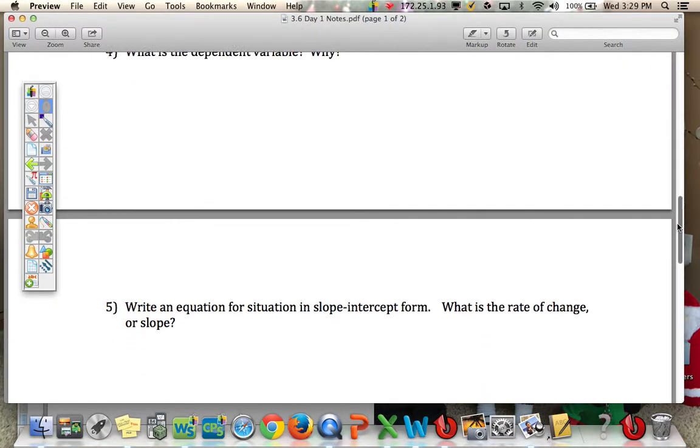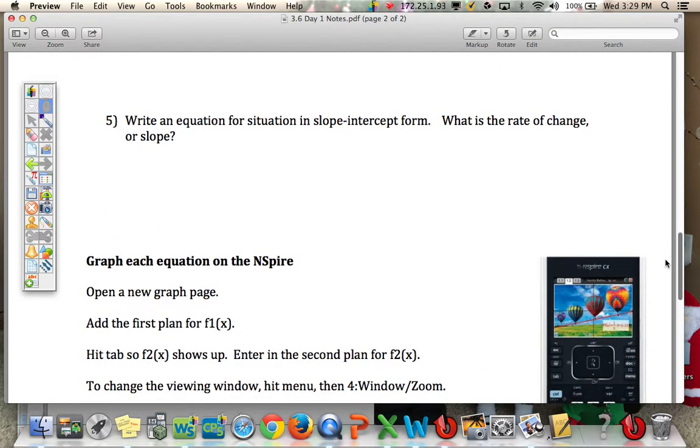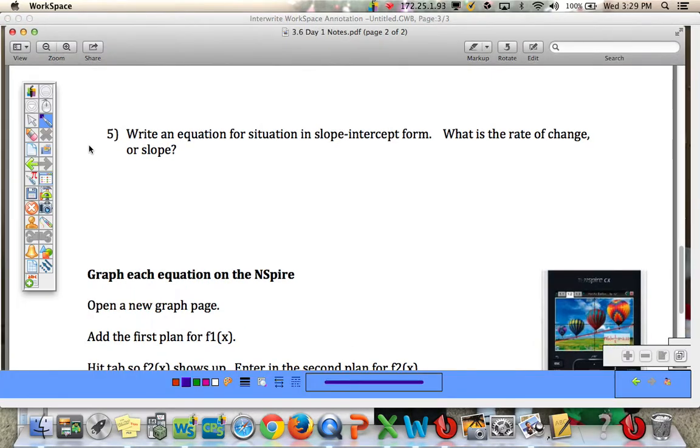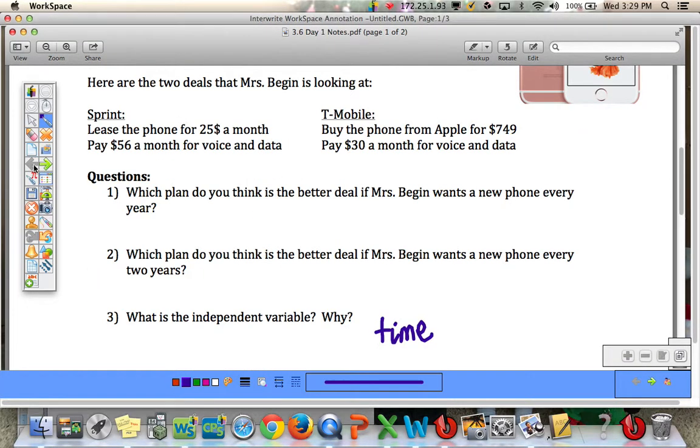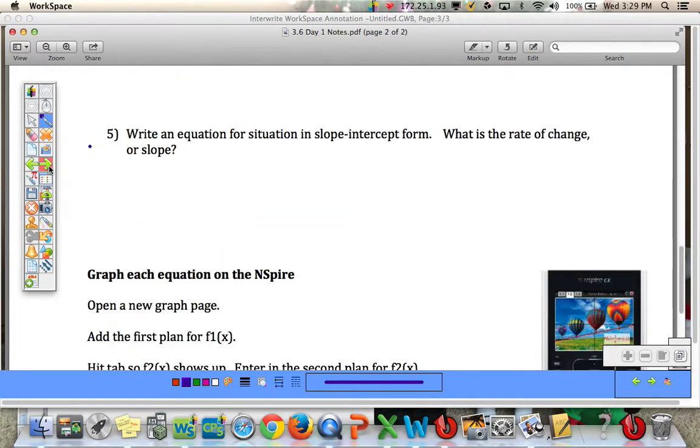So let's take a look at writing equations for each in slope-intercept form. What's the rate of change or slope? So if we go back, for Sprint, we can lease the phone for $25 a month and pay $56 a month for voice and data. So for this one, there's no y-intercept, so I'm not paying any initial fee for the phone. So we have Sprint